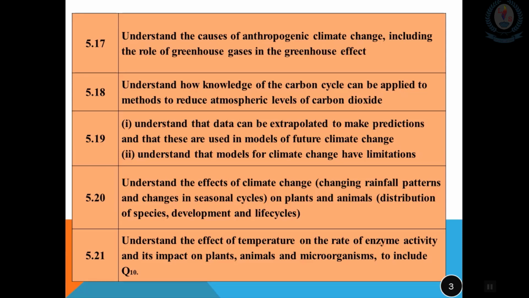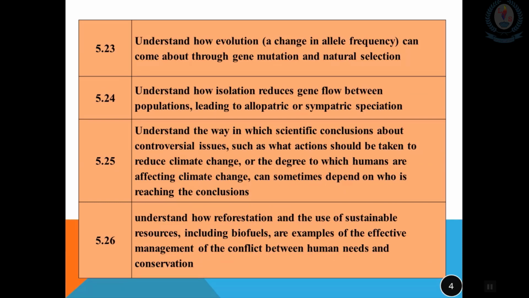Students should understand the effect of climate change on plants and animals, and they should know the effect of temperature on the rate of enzyme activity. They should understand how evolution happens and how speciation takes place in a population, and they should understand the way